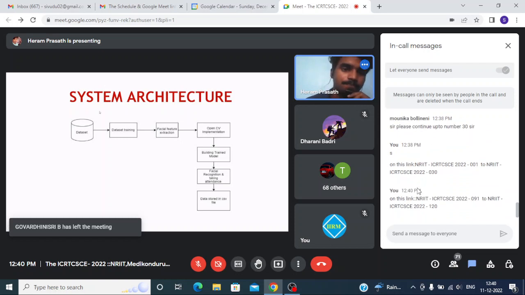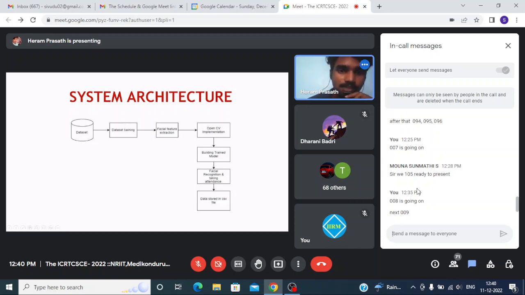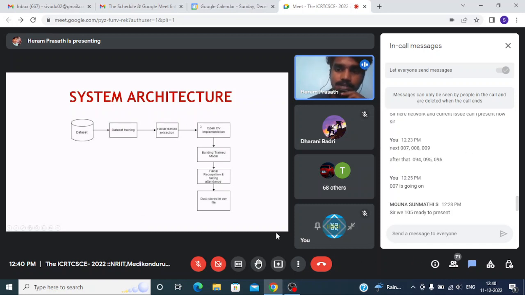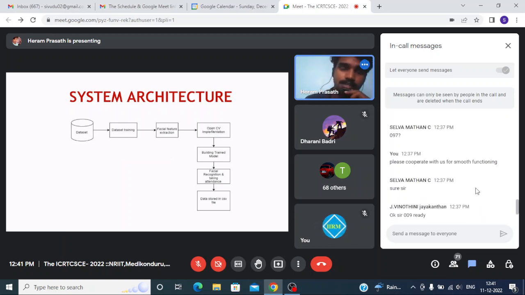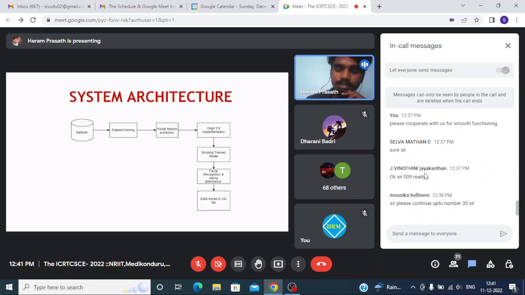In this we have a data set. It has a default value, and then we train the images in real time inside the data set, which extracts the facial features. By using the OpenCV implementation, we train the model, and we store the trained images in a database, and we push this into a recognizer dataset to match the default values. If both of the values are similar, the highest accuracy shows the result, and then we store the data